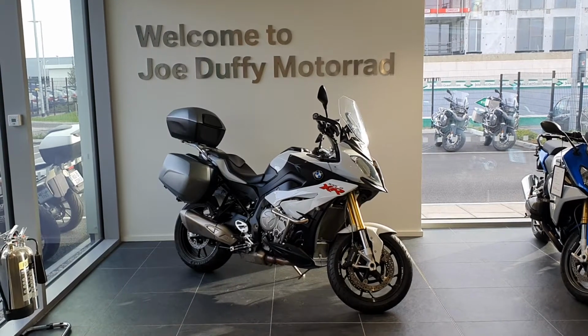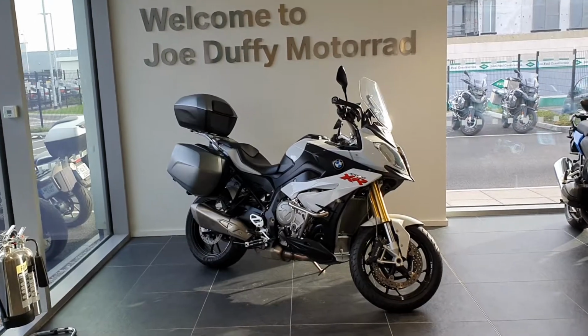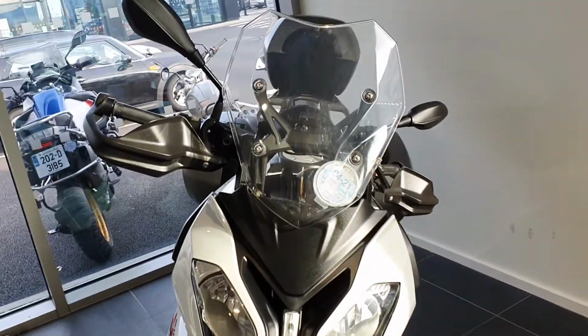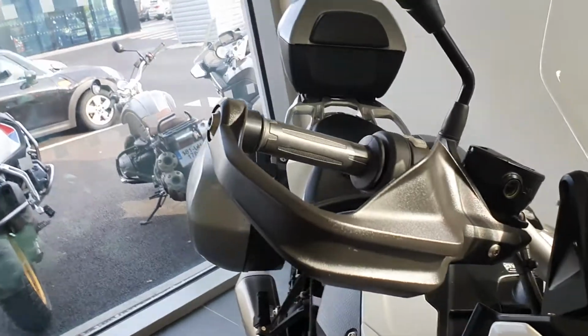bike range. So here we have a 2016 S1000 XR, and it's a Sport SE model. So I just want to go through some of the individual details on the bike. It's an absolutely gorgeous condition bike. Just from the front we have an adjustable screen, we have handguards,